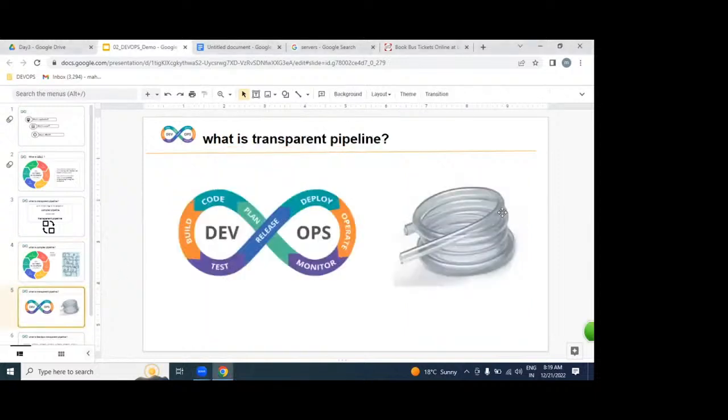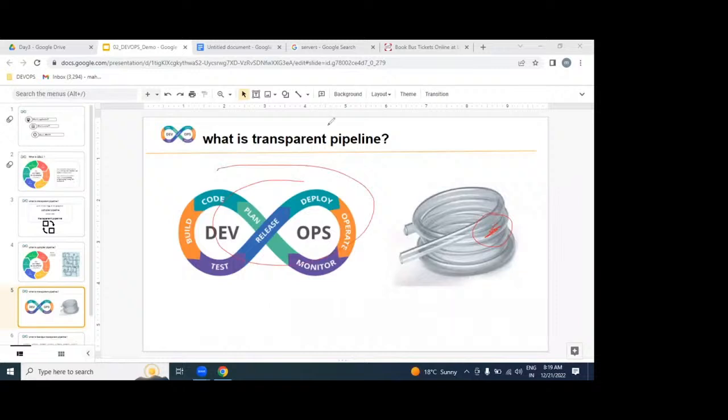So we are replacing the complex pipeline with a transparent pipeline. Everything will be visualized. If we get any problem or issue, we can see it at one look and rectify it as soon as possible. The same way with DevOps.